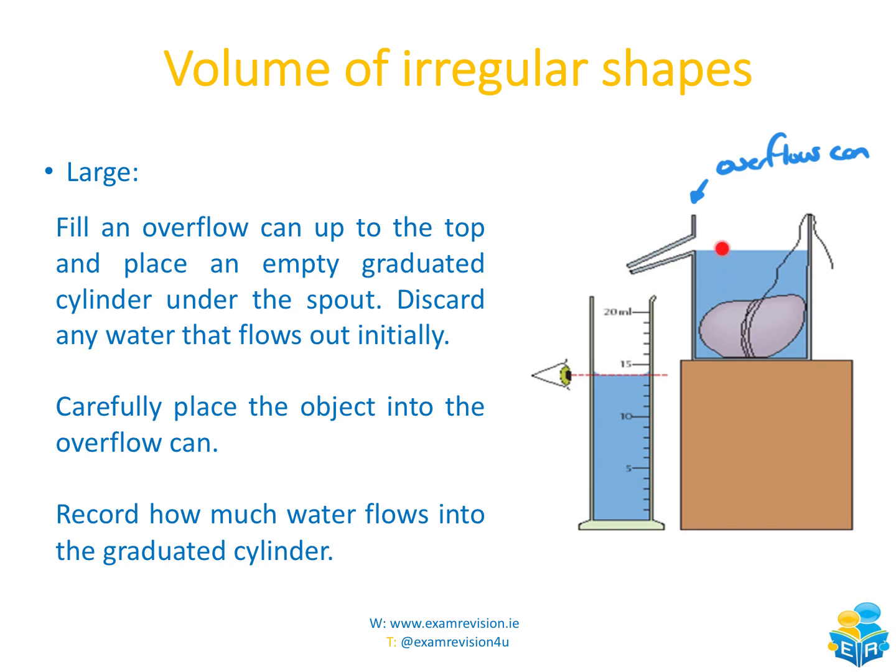The water level is going to rise. Excess water is going to go out through the spout and into the graduated cylinder or the beaker, which you have over here. You will then be able to see where the water level rose to, and then by looking at the meniscus,